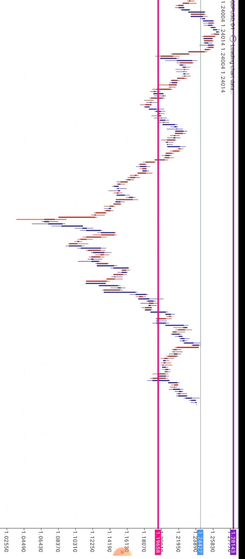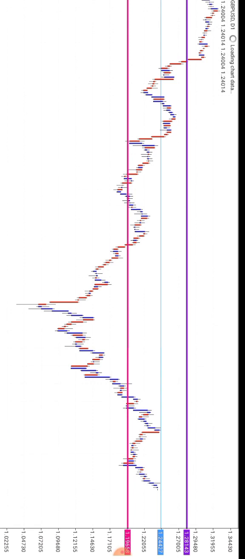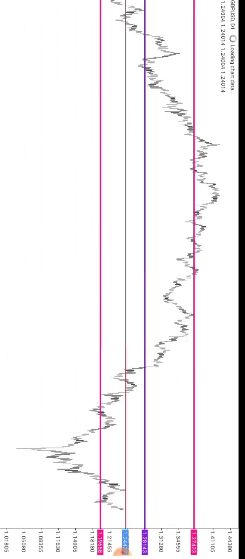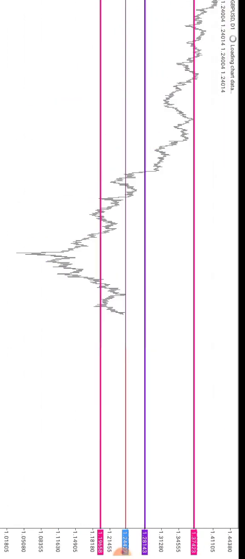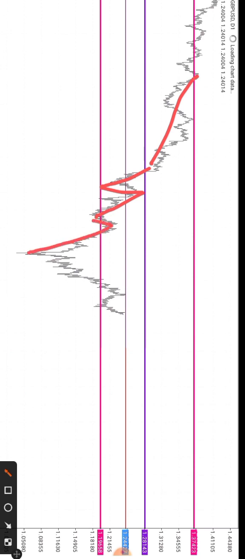So let me just zoom in, and that's basically all about support and resistance, and now you can improve your analysis. When you plot these levels, you know that market is going to be bouncing from one level to another. As we've seen in the past, when market broke this, it bounced to this level. When it broke it, it bounced to this level. It could not break it, so it came back up here, right? Then it could not break this level again. It bounced to this level. It also tried breaking it, bounced to the